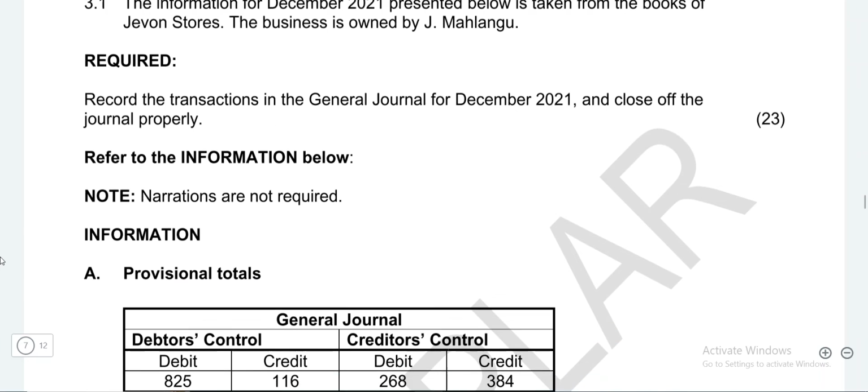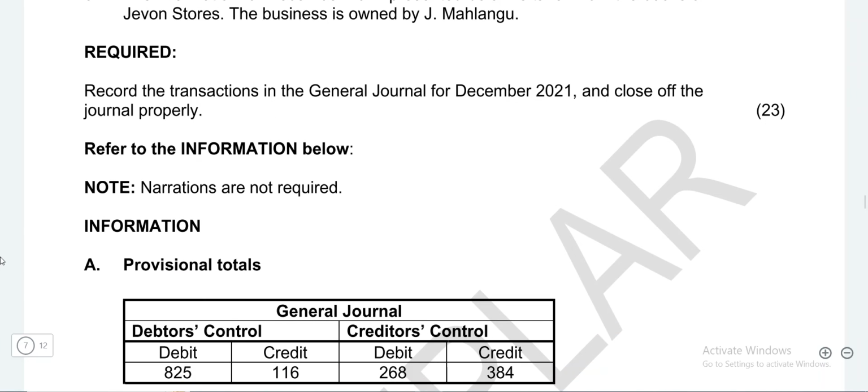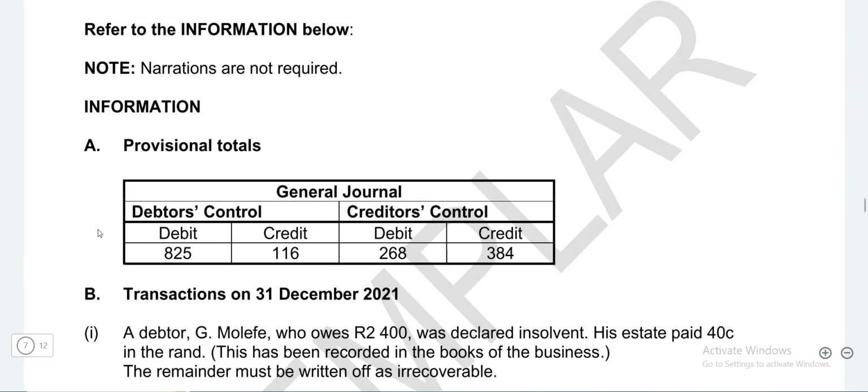And they're saying that we need to refer to the information that is given to us below. And they're saying that we need to also note that narrations are not required. Remember, when you talk about narrations, we are talking about explanations. Okay. And these are the provisional totals that have been given to us, meaning